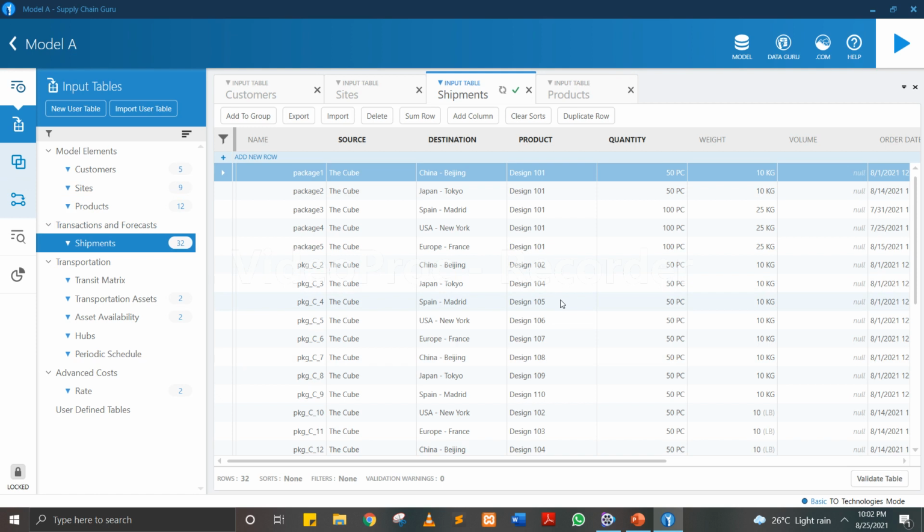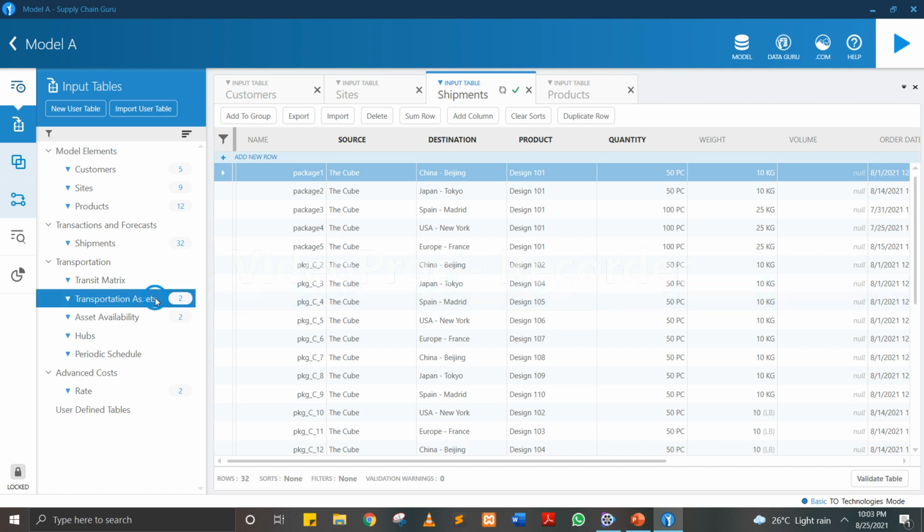The shipments for the raw materials, from the suppliers to the Cube, are populated, then sending those raw materials to the manufacturers, from the Cube to the manufacturers and back from the manufacturers to the Cube, and from the Cube to their customers are populated here in the shipments